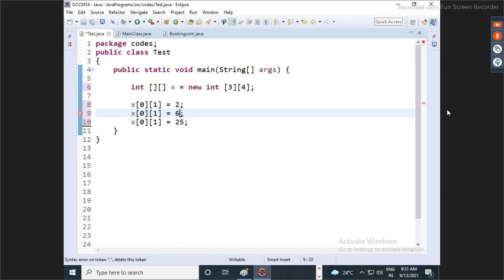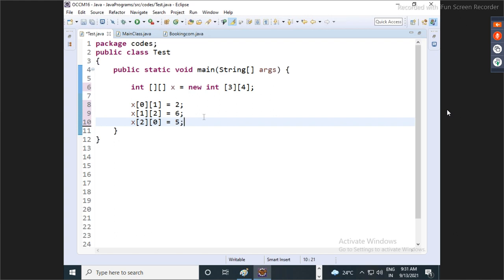Here I'll give, let's say, 6. Here I'll give 5. Something like this. So let's say 1, 2, 2, 0. Something like this. Okay. The rest of the cells will have the default value 0.